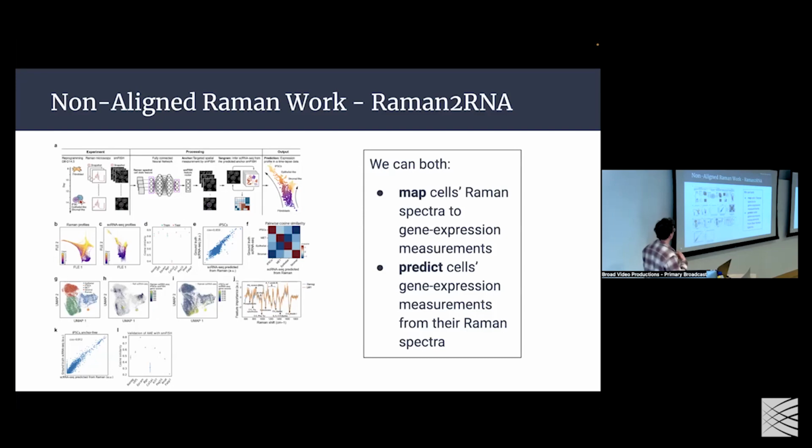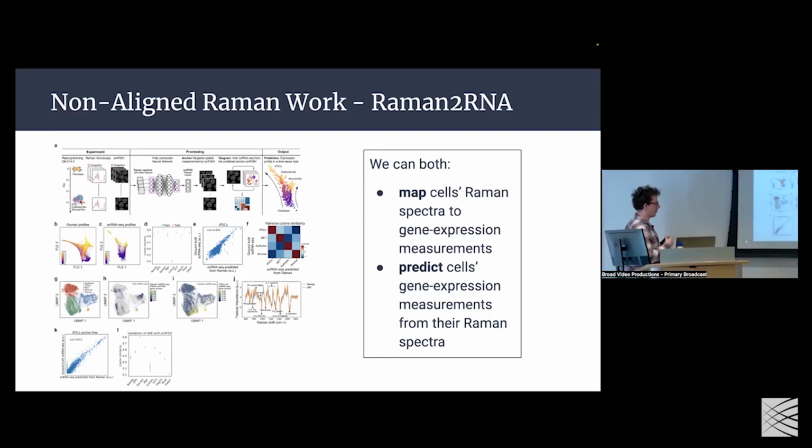I'm not going to dwell too much on this, A, because I'm not the corresponding author, and B, we'd be here another few hours. But more or less, we provide a method for mapping Raman spectra onto existing single cell gene expression data. If you have a sample of Raman spectra data and a sample of transcriptomic data, we can map one cell from one data set onto the other. We can also predict using deep learning. Using a similar method as in SHAF, this adversarial autoencoder common latent space setup, we can translate from Raman spectra to gene expression profiles.